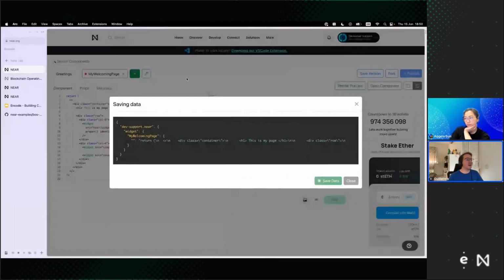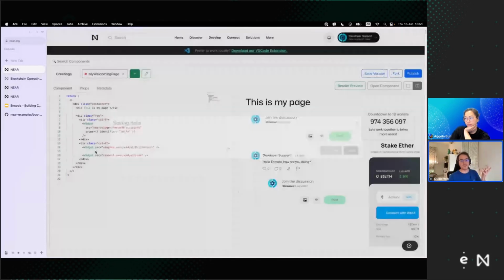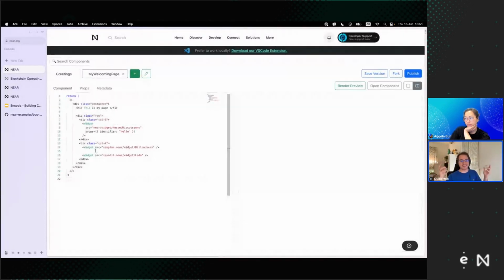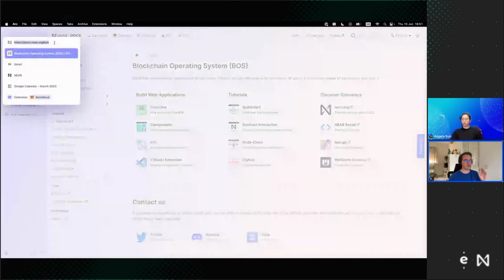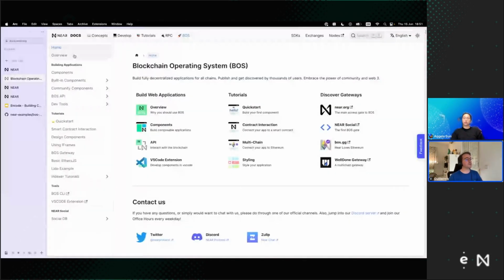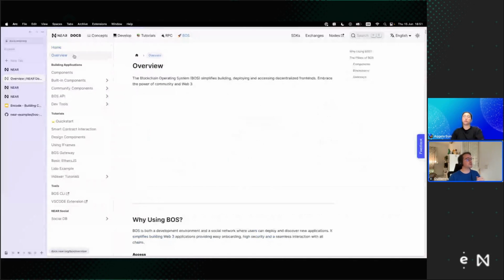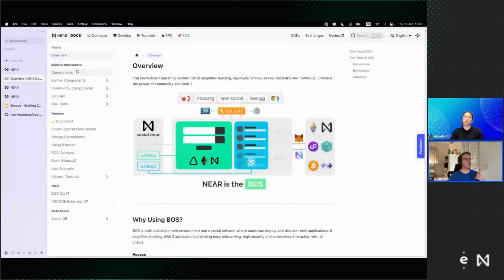One is, okay, how do I know what I can and cannot do? What if I'm not developer relations at NEAR and I don't know by heart what is possible with this? Well, for that we have the documentation. If you go to docs.near.org/BOS, you will find a whole documentation on what BOS is, how it works, and also which